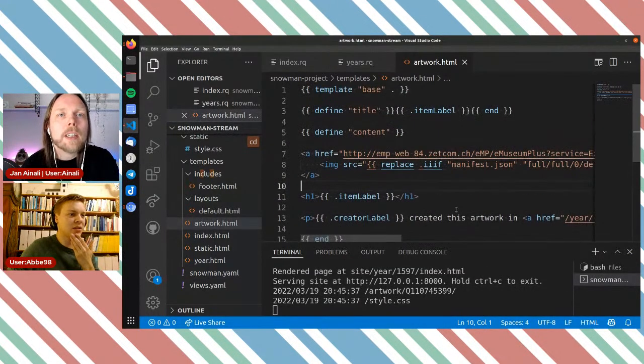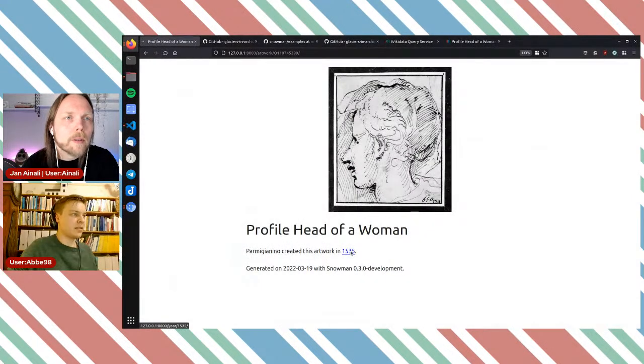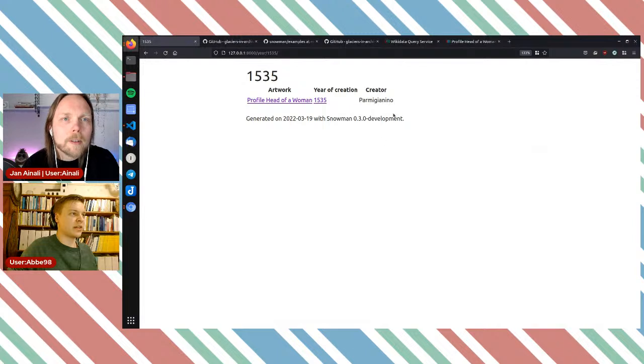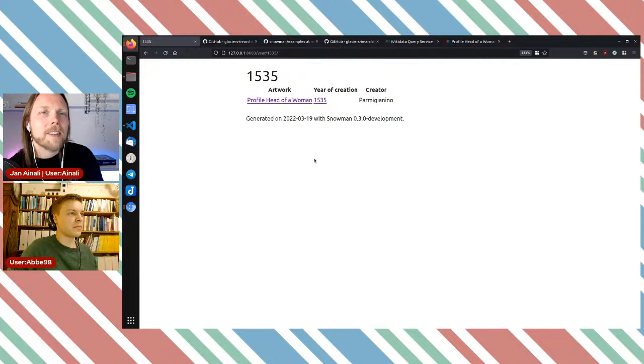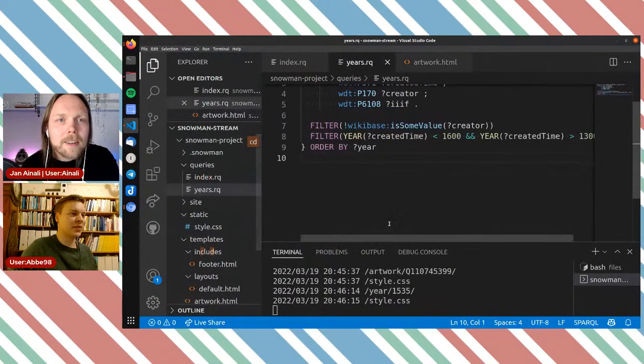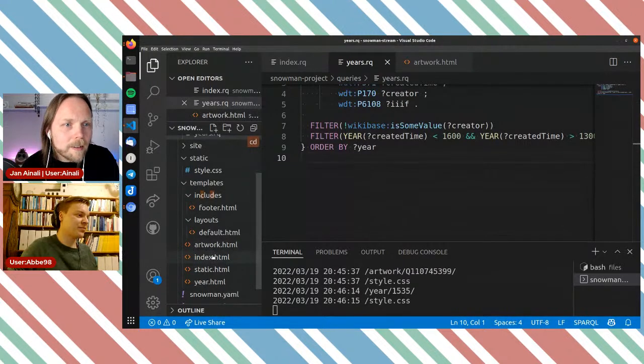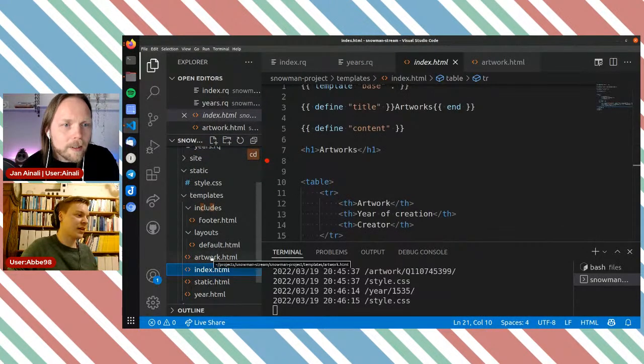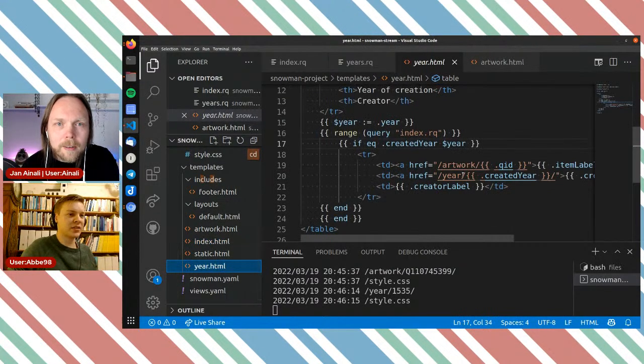Did you clean up the years page? Let's go to the year page. They look like this. Yes, you don't need the year of creation column there. That's redundant. Because indeed, that's the same. Let's go and remove that. And that would be the year exactly.